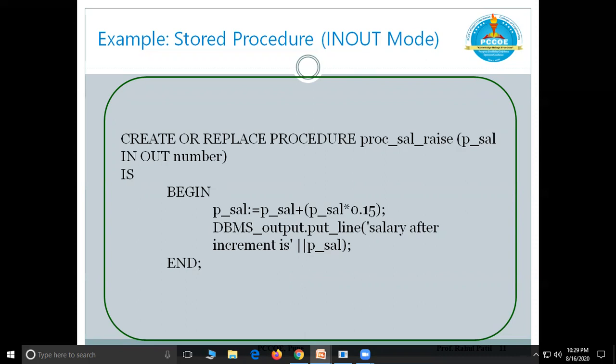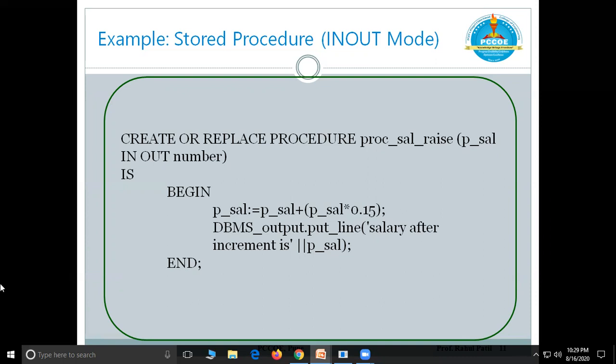So after taking that psal, we'll be giving input first, and then whatever input psal is there, that will be equal to psal plus psal into 0.15. Means this procedure will take psal, that is salary, from the user, and output the salary after 15% increment.